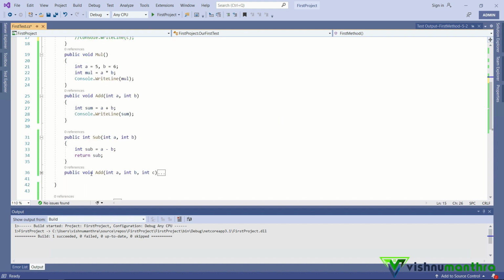So here I am having a method again named add. Here also I am having a method named add, right? So how does the compiler differentiate between these two? Here comes the concept of method overloading. Both of the methods have the same name but different parameters, different numbers of parameters. The first method has 2 parameters, here it has 3 parameters. So it will differentiate between these two based on the number of parameters getting passed.